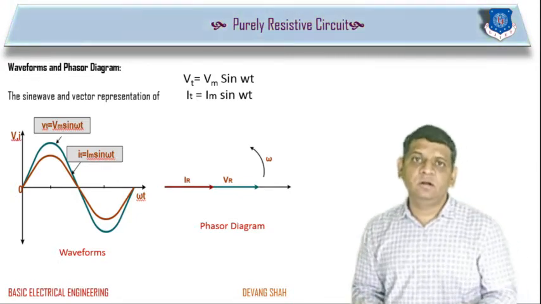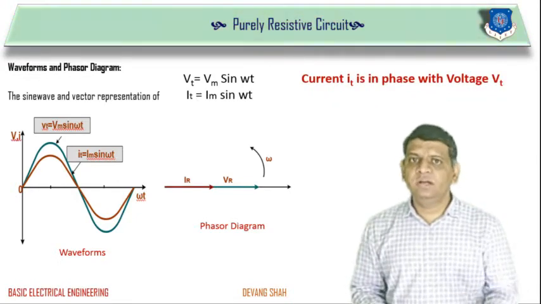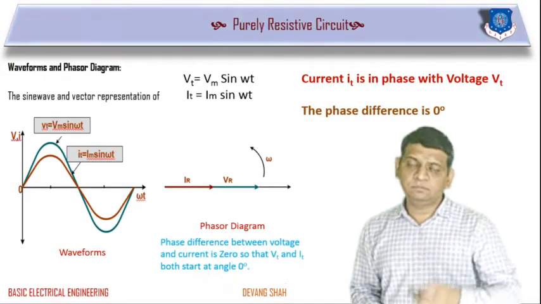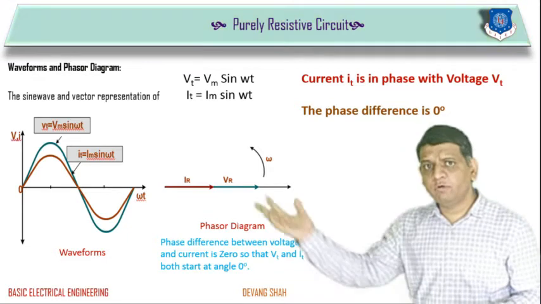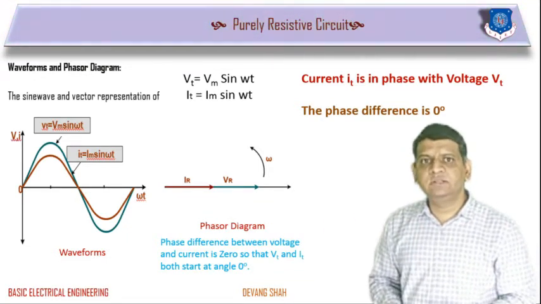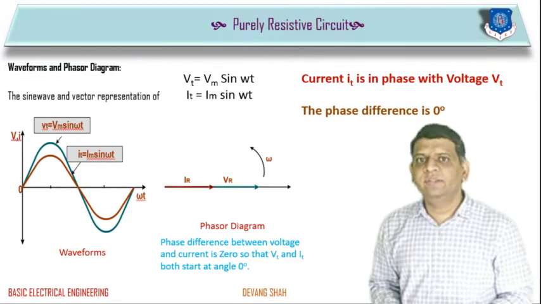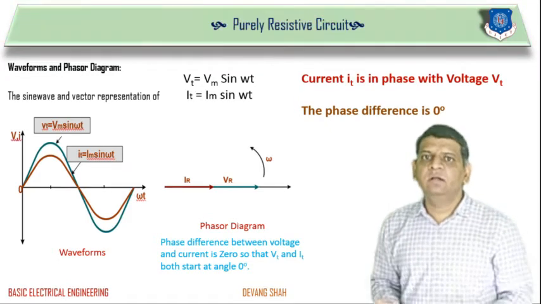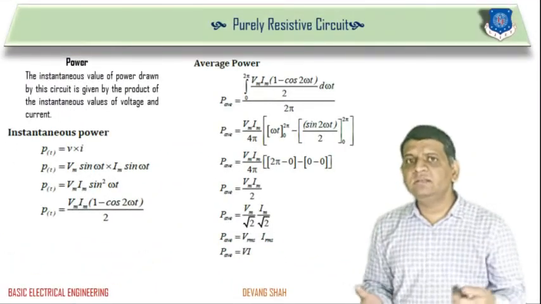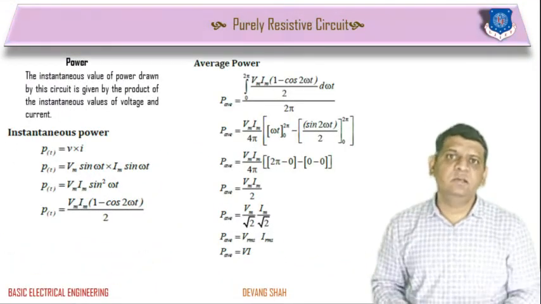So I can say here voltage and current both are in phase, and the phase difference is 0, right? The same statement we carry forward from our previous slide, where the phase difference of voltage and current is 0, so that Vt and It both start at 0. Right now, our point number 3 is the power calculation, where you can see here, if you are to find